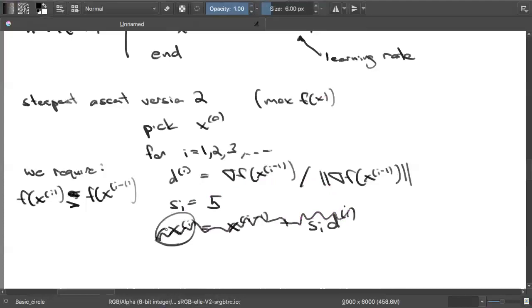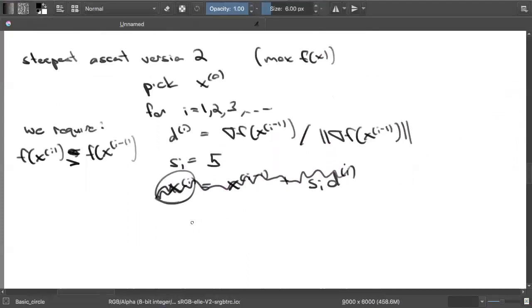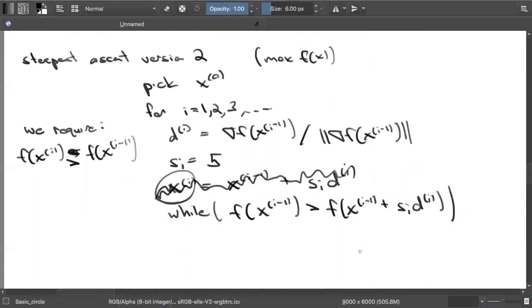Okay, so before we do this step, what we're going to do is simply a while loop. So while f of x_{i-1} is greater than f of x_{i-1} plus s_i times d_i, this is the bad situation. This is the situation where your function value now is greater than where you're going, and you want to go uphill because you want to maximize. So if this is the situation, you back it up,